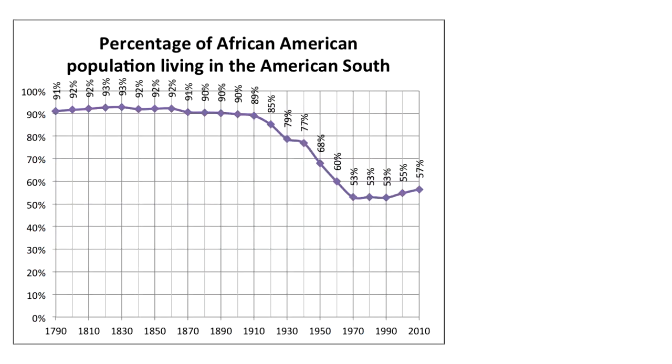This is another graphical representation of the Great Migration. The downward slope on the right side of the graph, beginning again around 1910 and ending or plateauing around 1970, that is what historians refer to as the Great Migration. Now, even the 53 to 57% of African Americans who reside in the South nowadays, the majority of that percentage still is urban, as opposed to small town, rural, or suburban.